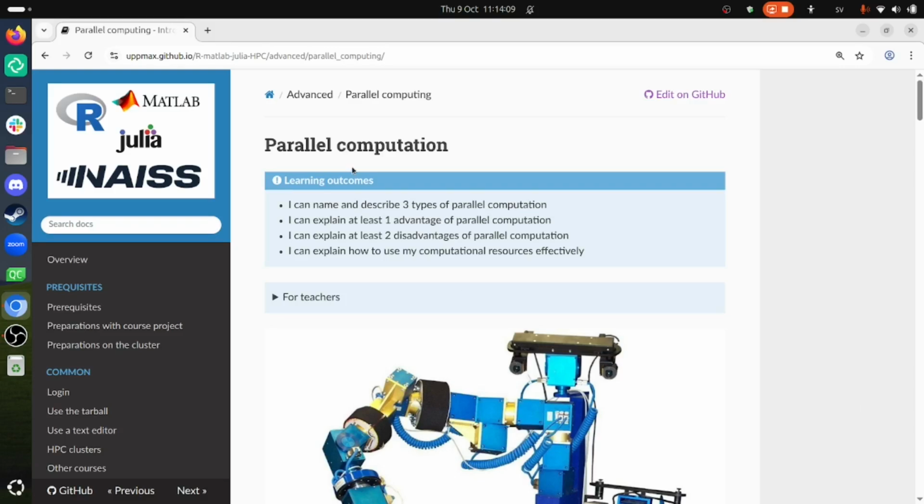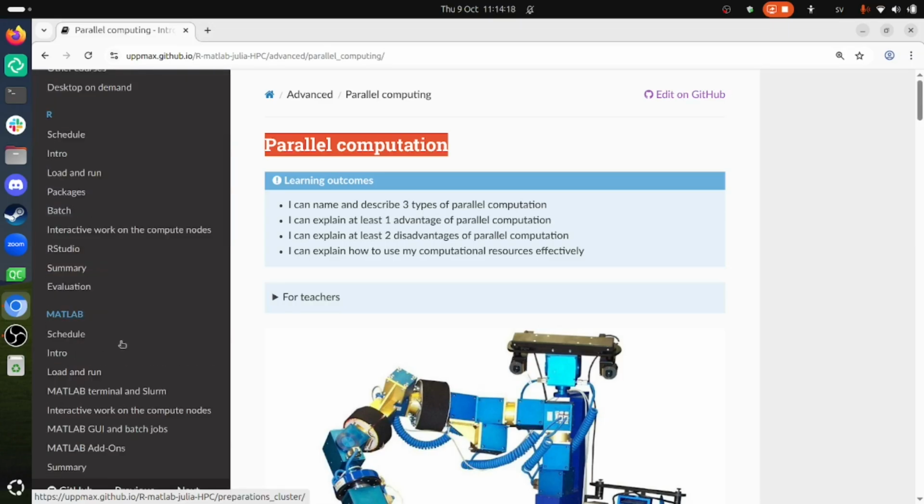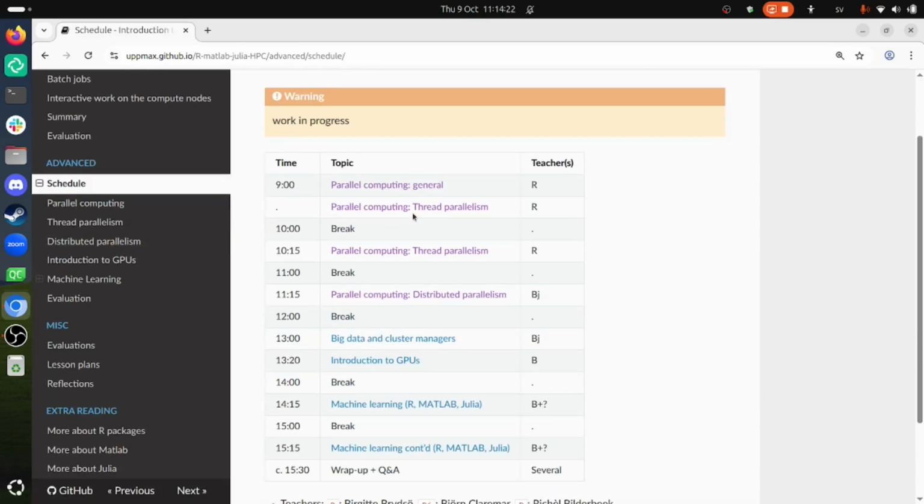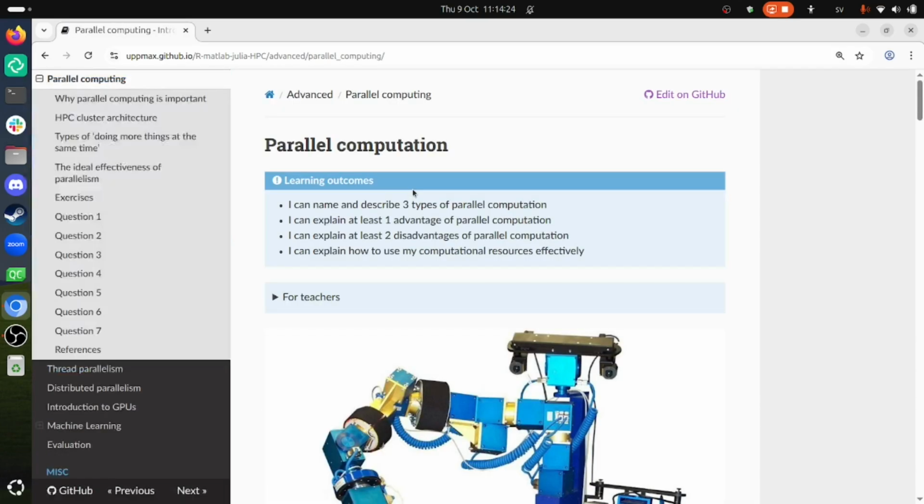Hi, I'm going to talk about parallel computation, which is part of the R Julia Matlab course as taught by NAISS, and it is part of the advanced day, and it's the first session of that day. What I'm going to do,